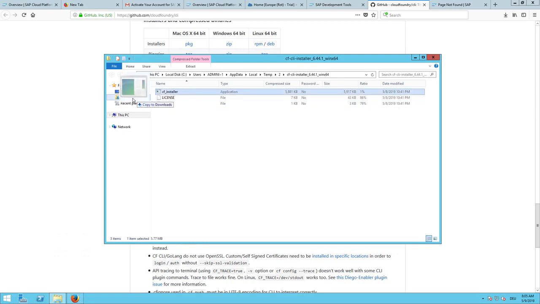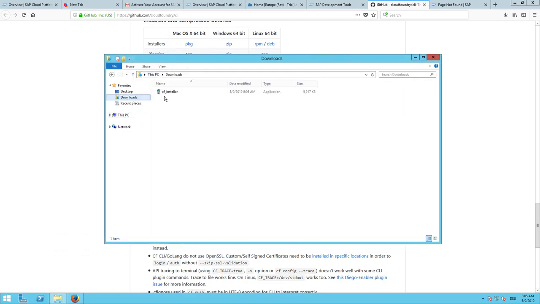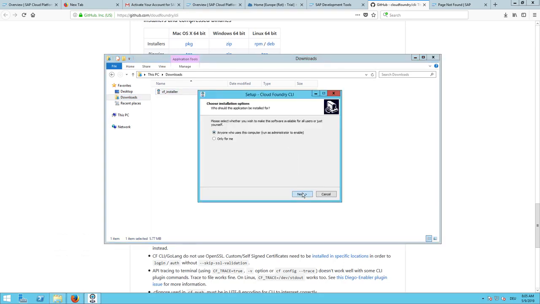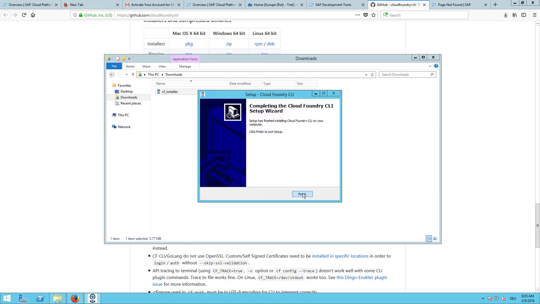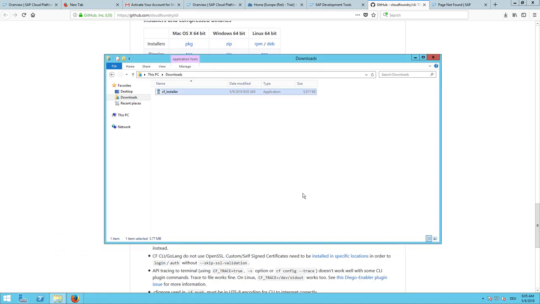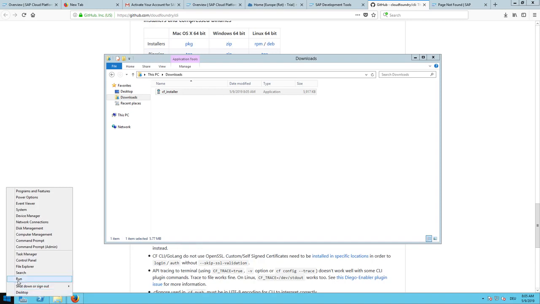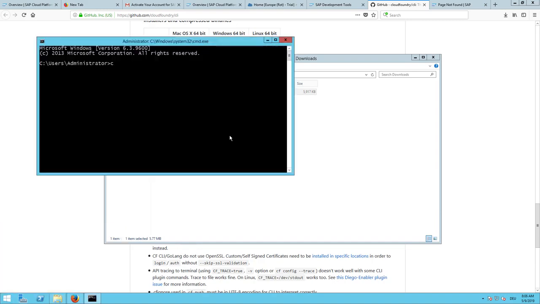Extract this first to the downloads. And now run this. And install the Cloud Foundry tool. All right. So if we now run the command cf login. So now we need to provide an API endpoint. This is the one I just copied from the Cloud Foundry page when I went to my profile. So right click and paste